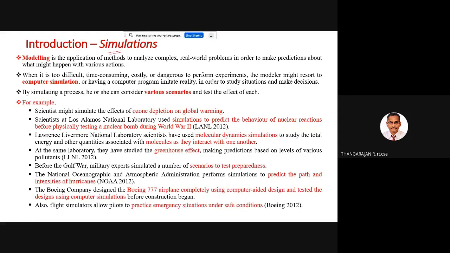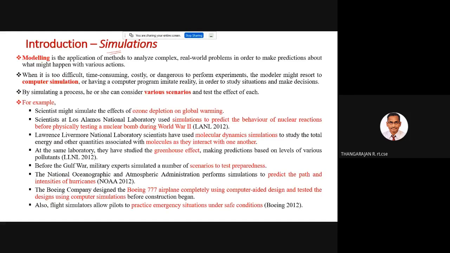So if you watch a movie a second time or third time, you know what is going to happen next. Similarly, that will happen if a computer program for a flight simulator is a deterministic program. In that case, the pilot will easily know what is going to come next, so he will be prepared. So that will not be a training for him.